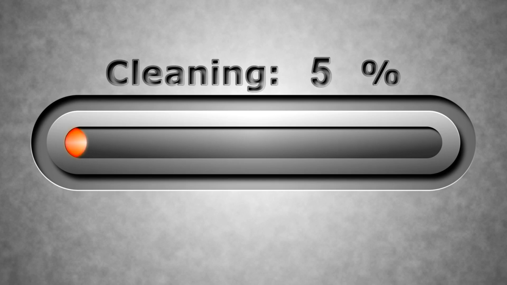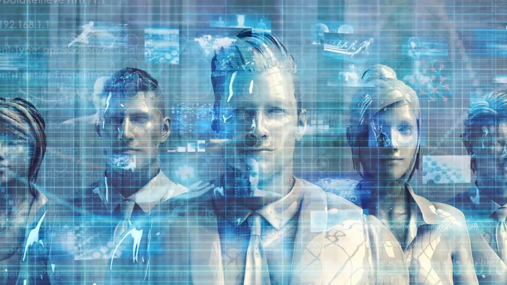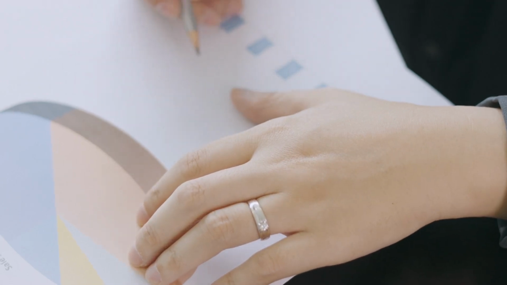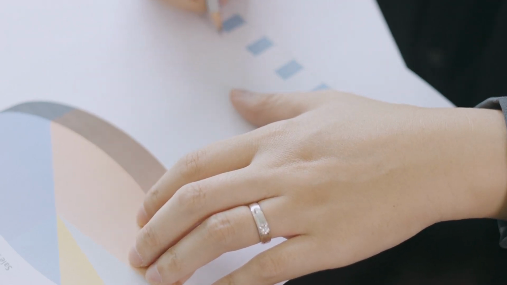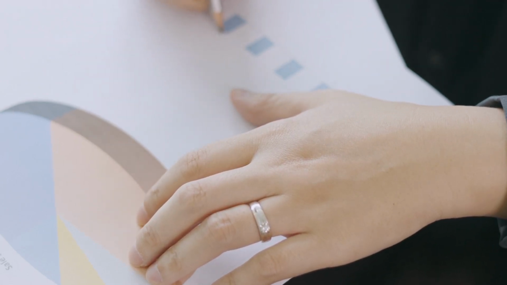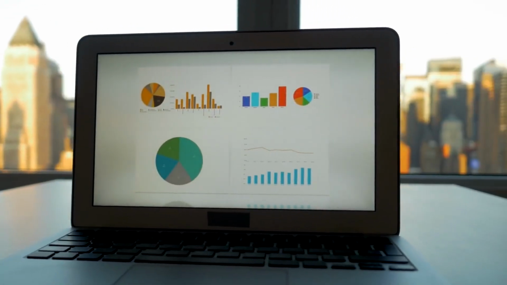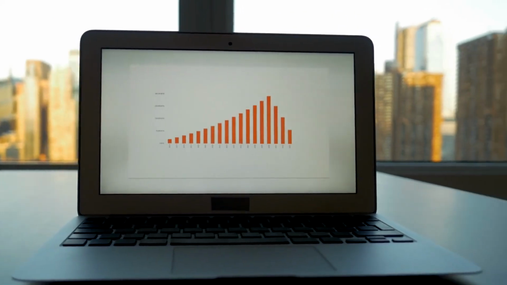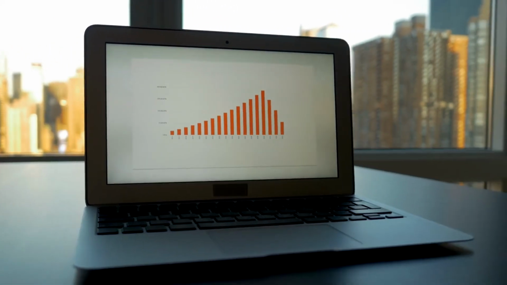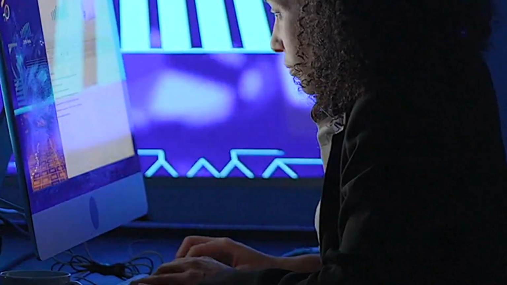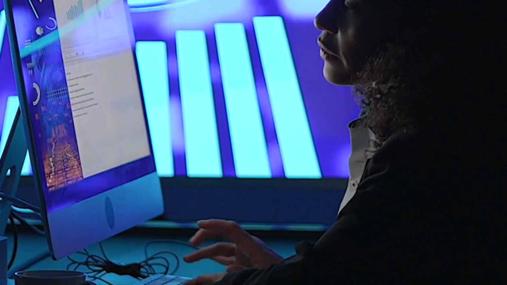After data cleaning, the analysis process begins. Data analysts leverage a variety of quantitative and qualitative methods to interpret the information. They often use statistical techniques to identify trends, patterns, and correlations within the data. Visualization tools are also employed to create charts, graphs, and dashboards that make the data more accessible and comprehensible for stakeholders. This visual representation of data helps convey complex findings in a straightforward manner and allows for easy comparison of